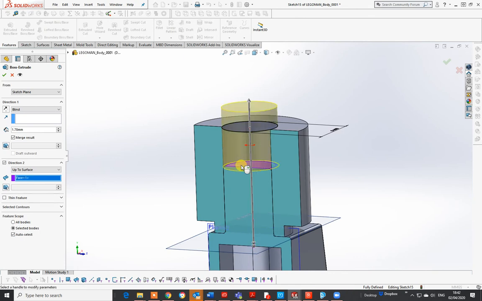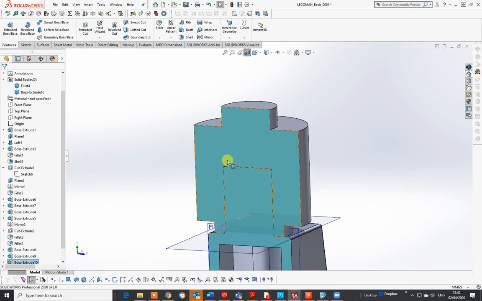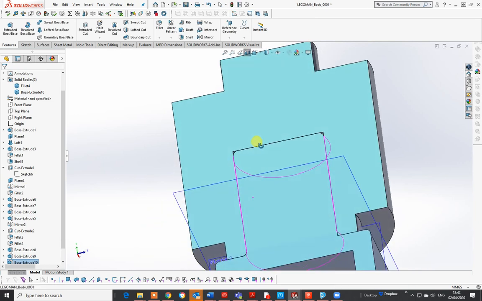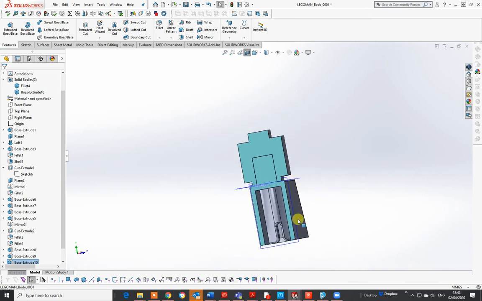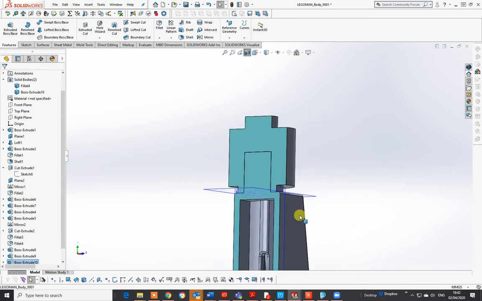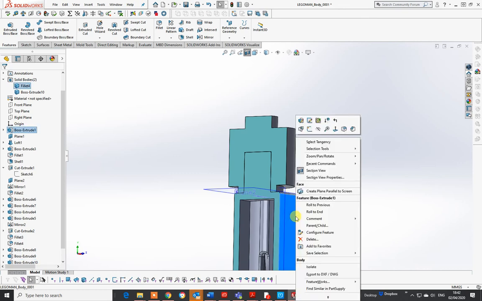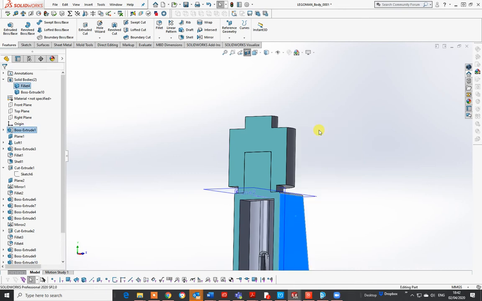And make sure the merge is done, but I don't want to auto select. I just want that outer one there to be done. And as you can see now, it's been merged. Now, why that tool is the way it is, what I'm going to do is actually hide the bottom part. So if I right hand click on it, and you'll see the little eye, if I hide it, it just leaves